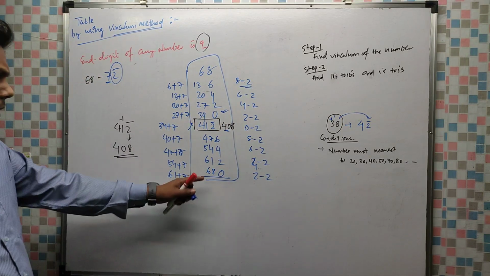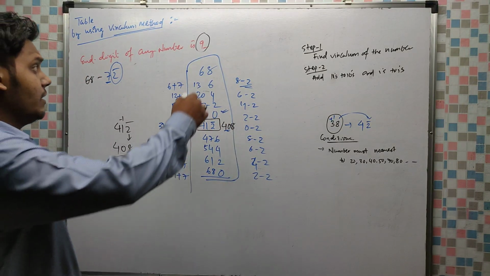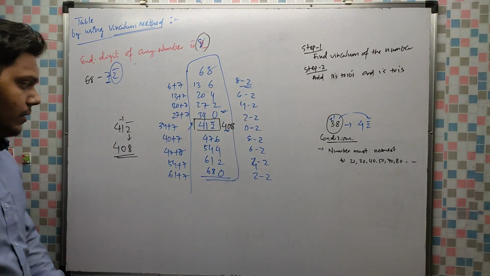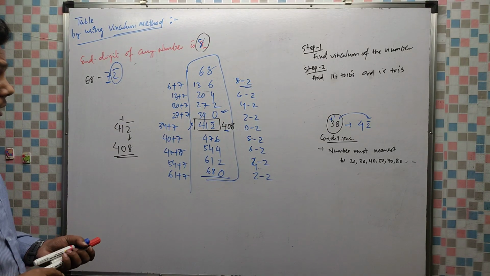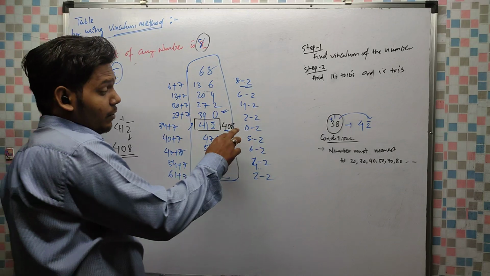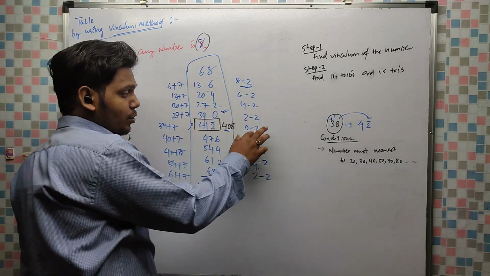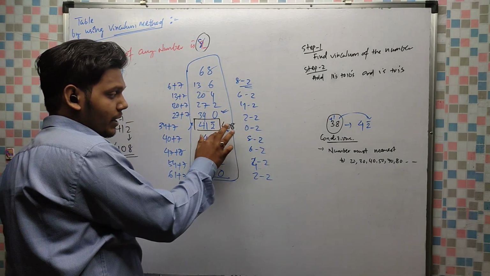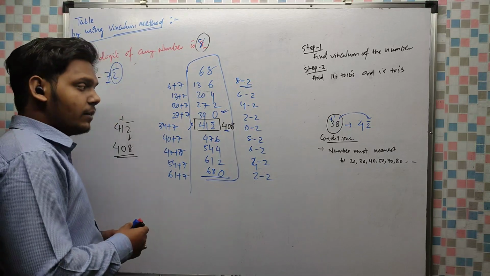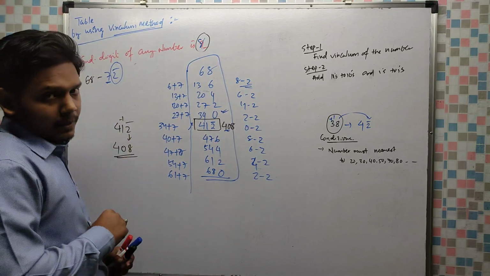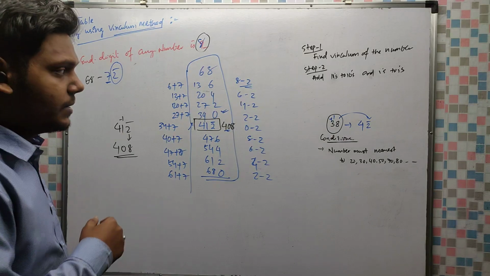Okay. In case of end digit 8, here the end digit is 8, not 9. Clear? So in the sixth step what we got? 0 minus 2 means there 2 bar you have to write. It's because we know that we can subtract, but we have to mention a bar above it. It's because it is negative.